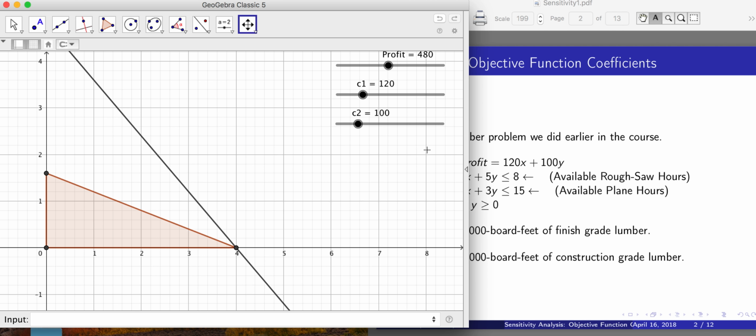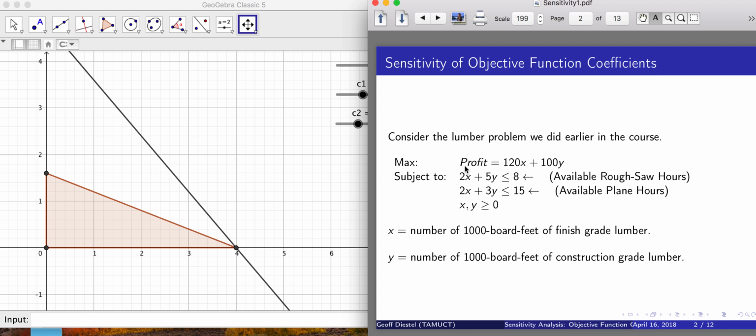And we've seen that the solution is profit of $480 occurs when we decide to choose to make 4,000 board feet of the finished grade lumber and 0 board feet of the construction grade lumber. And again, remember how this works. The slope of this line is tied to the numbers 120 and 100. This equation that is our profit is really just a linear equation. Once I put in a number for profit, that gives me a line, and we're trying to find the line that has that slope and is as high as possible